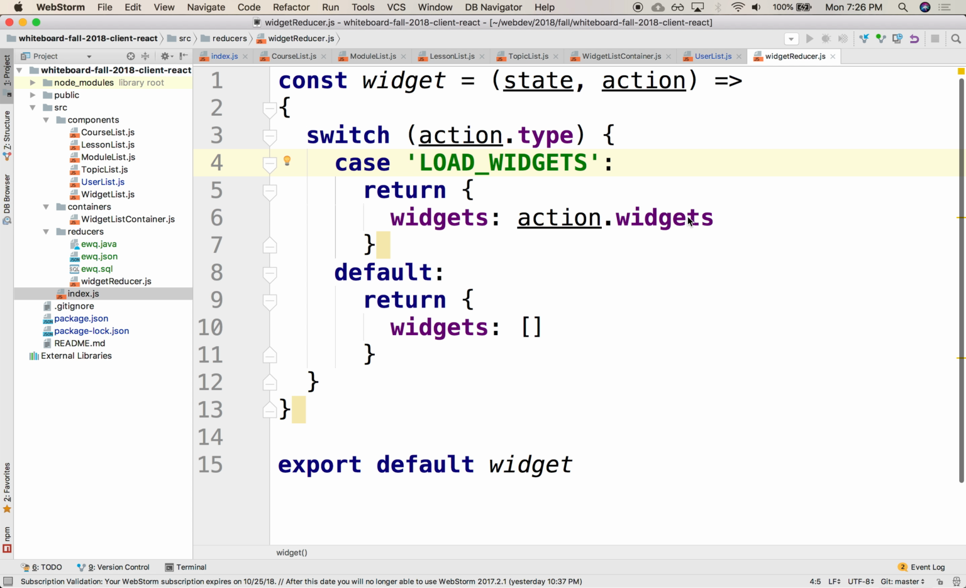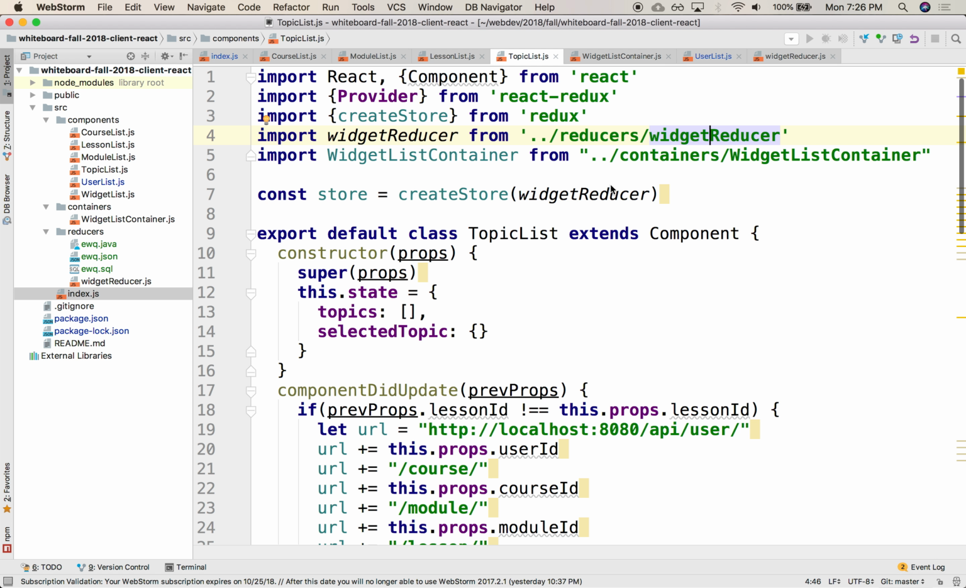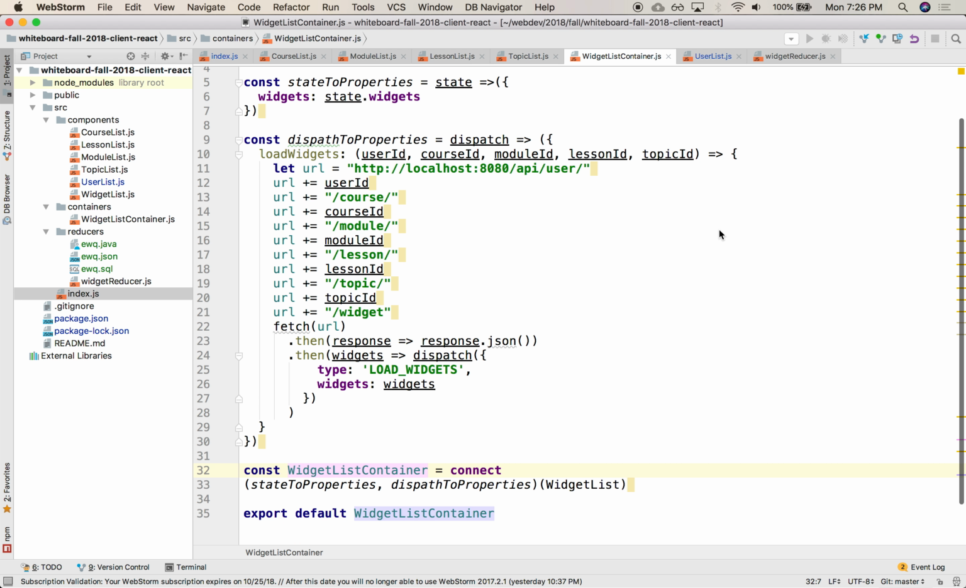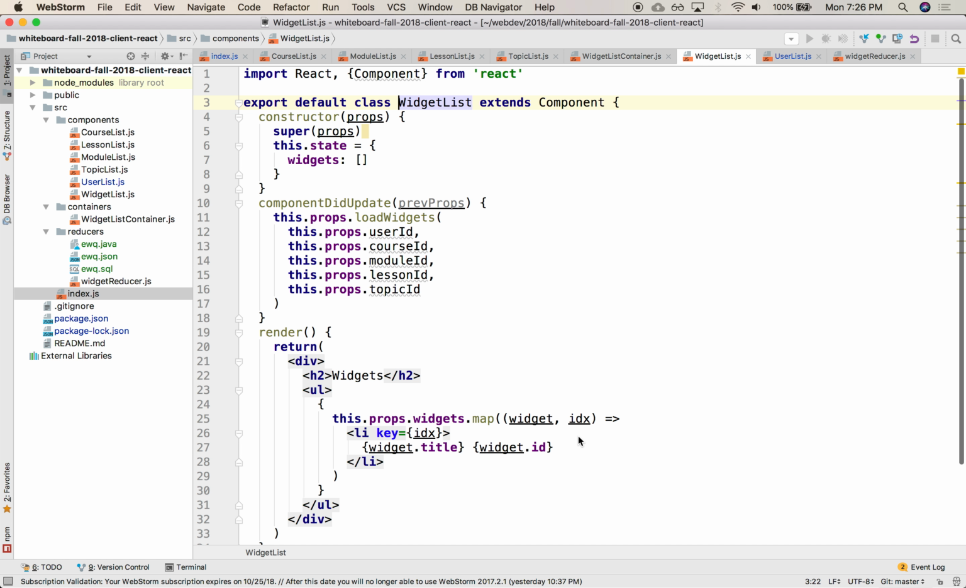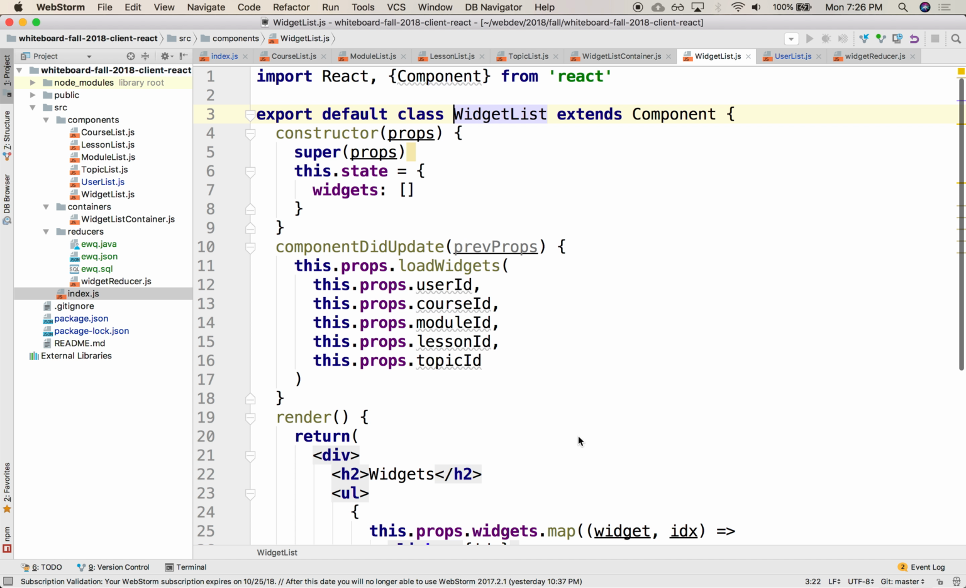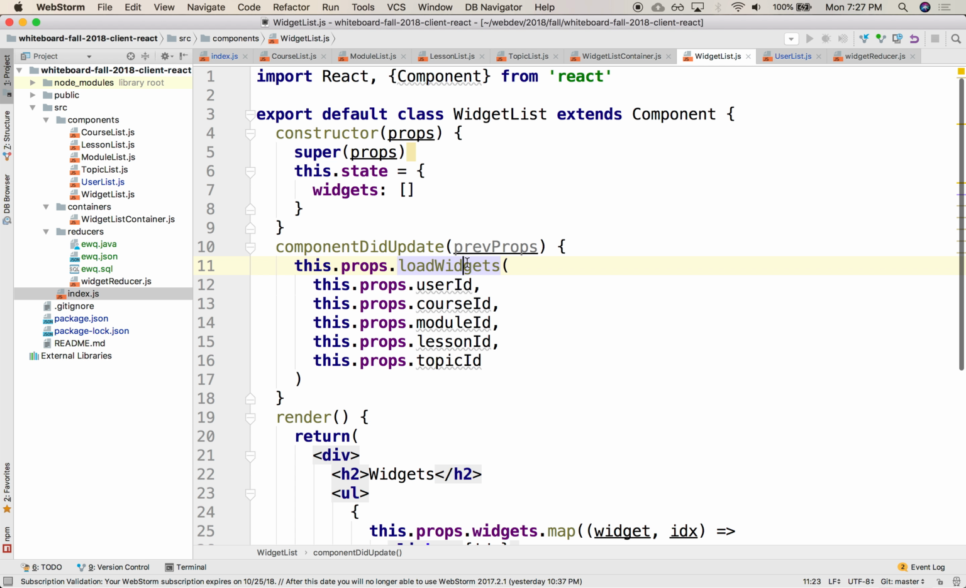What does happen is that the widget list container loads the widget list. So first the widget list is loaded, right? The widget list loads, and on update, it immediately dispatches, on a dispatch, a load widget, right? So